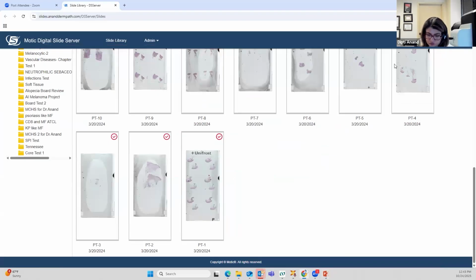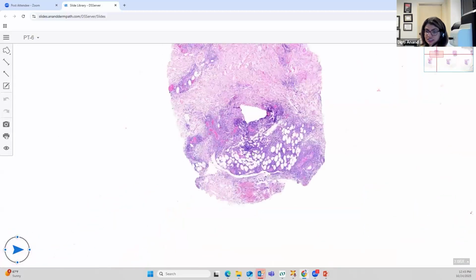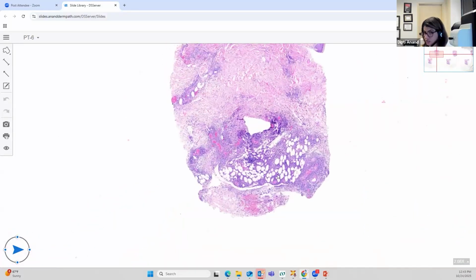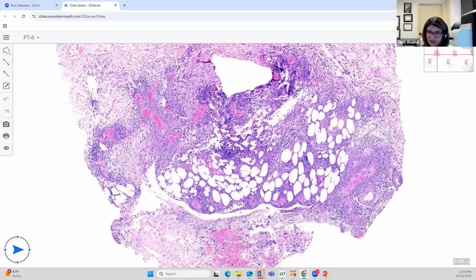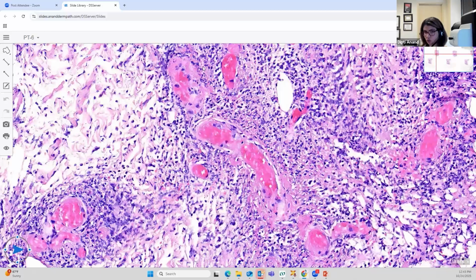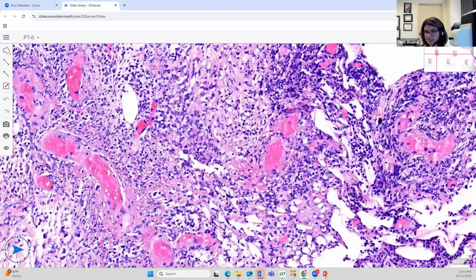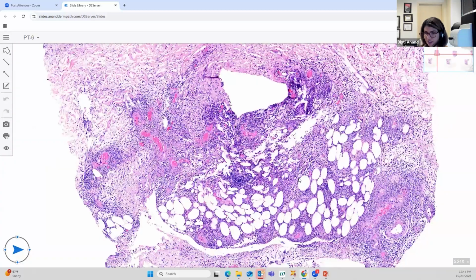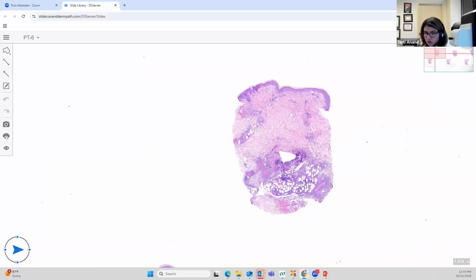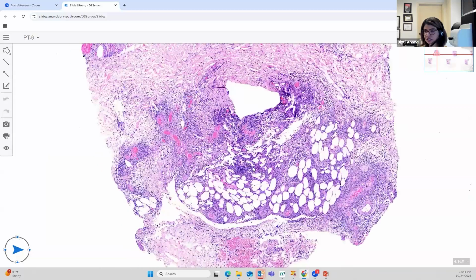So let's look at this slide. So here you see a very nice deep punch biopsy. And you see that there is involvement of the lobule in here. So this is a lobular panniculitis. So the first thing I will do is I want to look at the vessels. So here I go and look at the vessels, and you can see that the vessels are involved. They look like there is fibrinoid necrosis of the vessel wall. So it looks like a vasculitis is happening. There is active vasculitis. It's involving multiple vessels. And you can see multiple contiguous lobules. There is a lobule here, there's a lobule here, there is a lobule here. So multiple vessel, multiple lobule involvement is